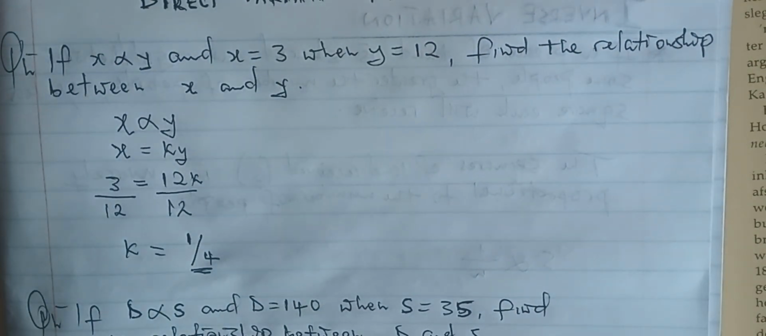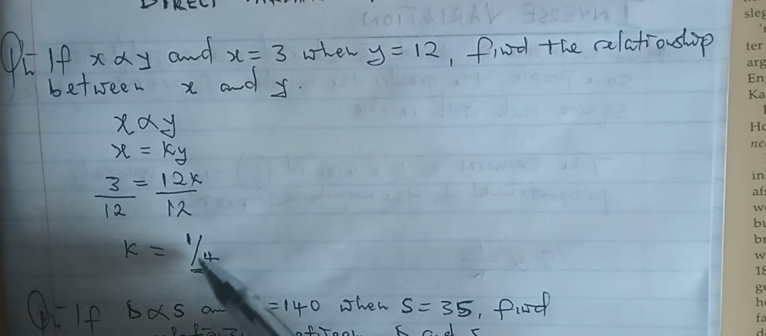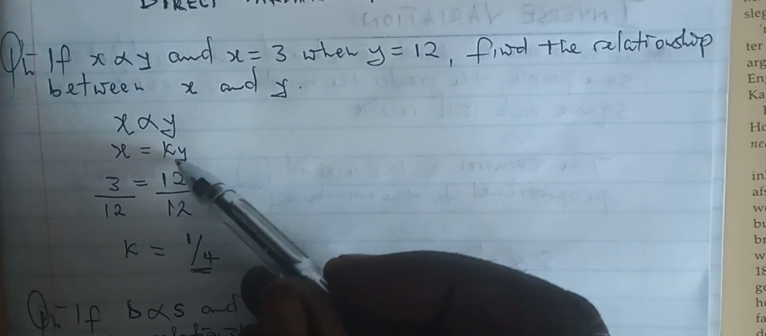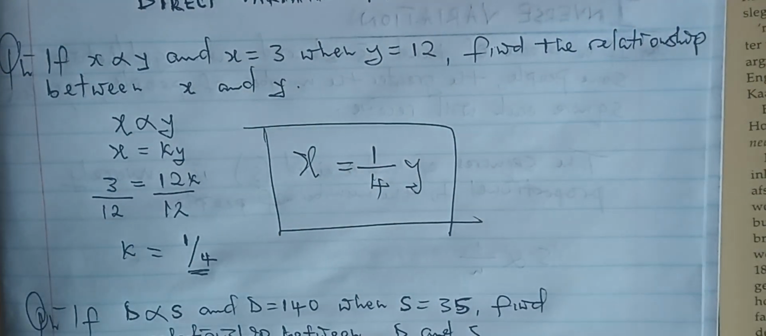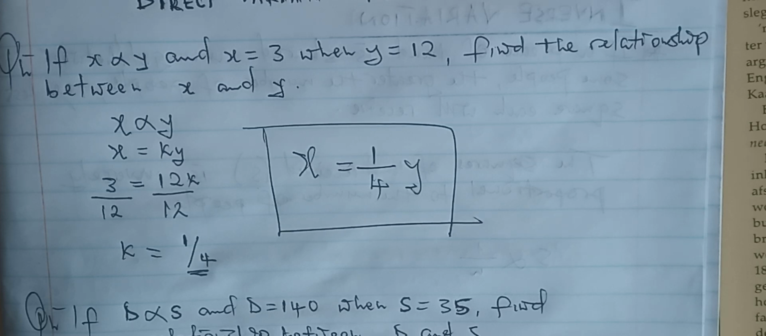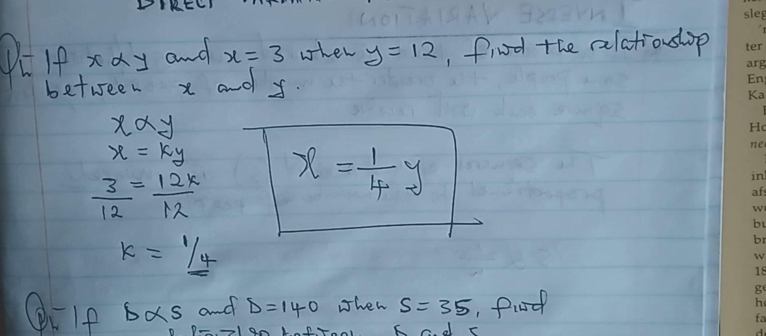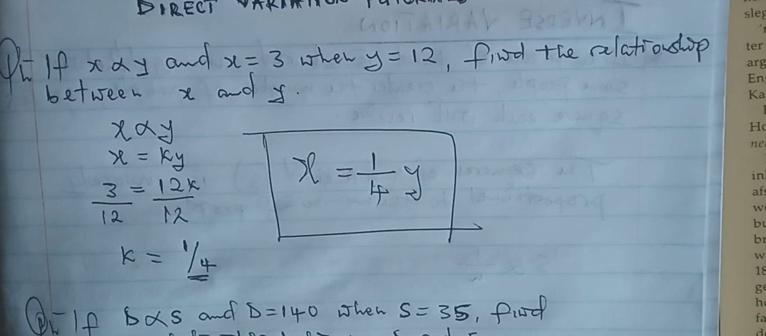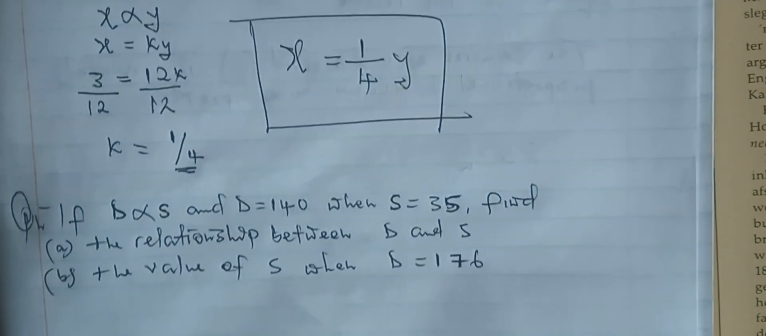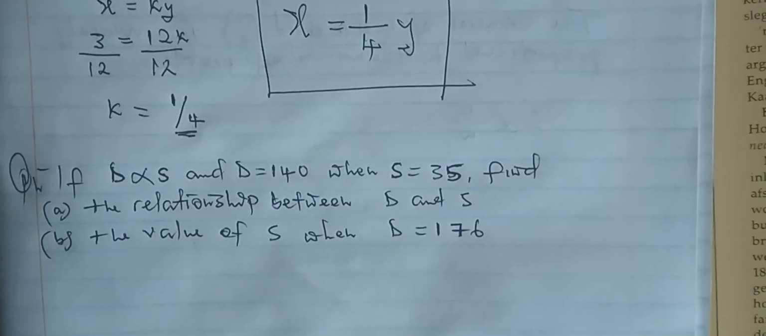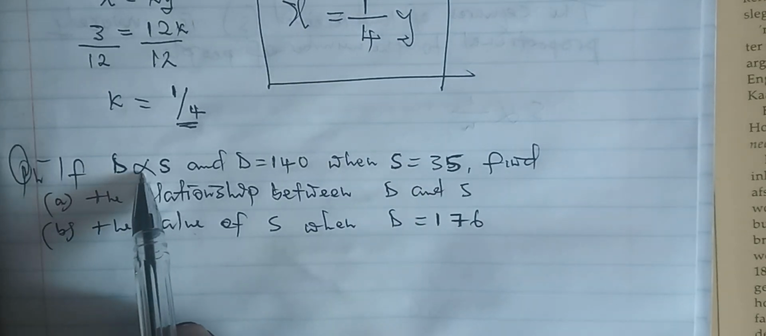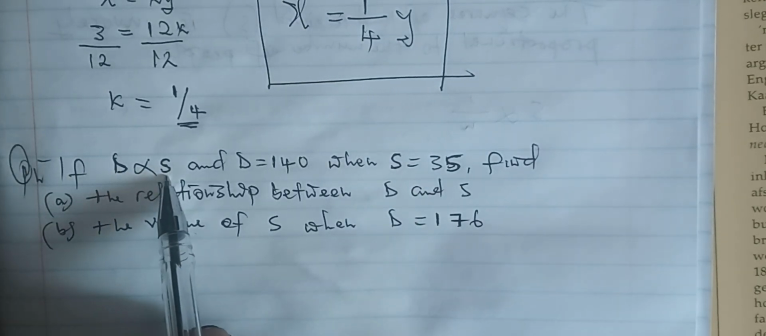So for us to establish the relationship between x and y, we are simply going to substitute 1/4 in this equation. So the relationship between x and y is going to be x is equal to 1/4 y. This is going to be the relationship between x and y when we are done with answering this question on direct variation. And looking at the second question on direct variation,